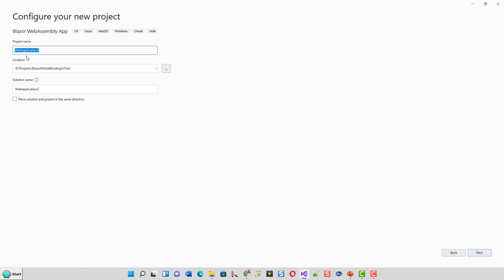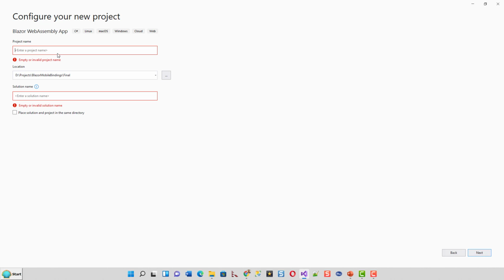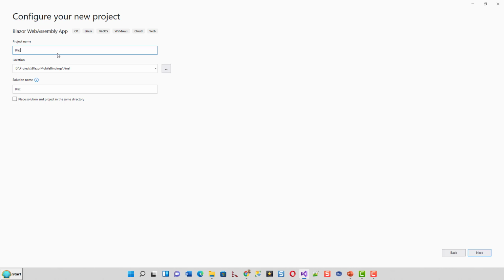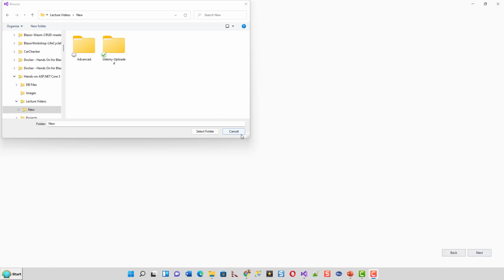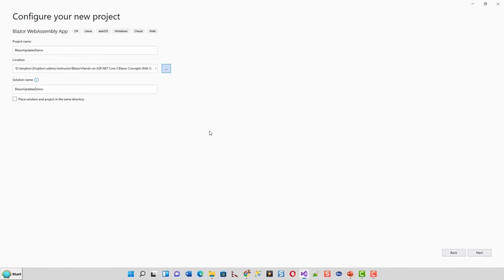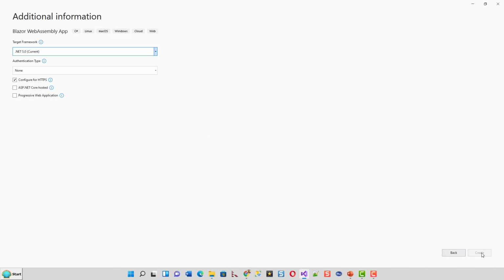Let's name it something like Blazor updates demo, and let me put it in a proper directory. So this is my folder, and I'll click on select folder and then click on next, and I will click this checkbox